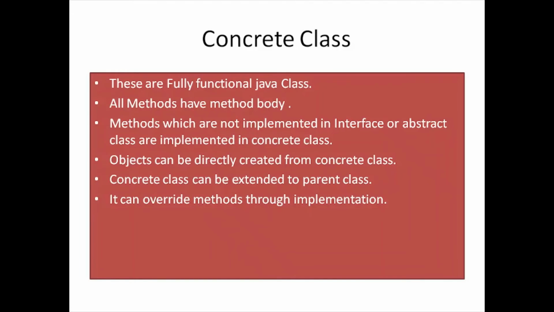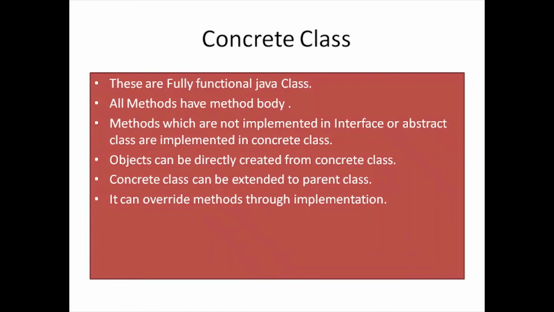So this is a class where we are implementing an interface, and we can extend this class. We can make this class a parent class or a subclass. It can be made a subclass of an abstract class, and an abstract class or an interface has non-implemented methods which don't have a method body. So this concrete class may have a fully implemented method body also.